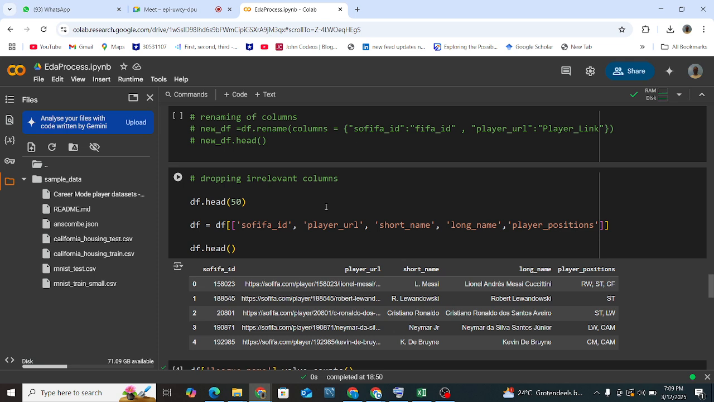You can use df.drop. And then you can also print only the columns which you want and exclude the others. Yes, those are the two ways in which you can drop the irrelevant columns, and I think we used